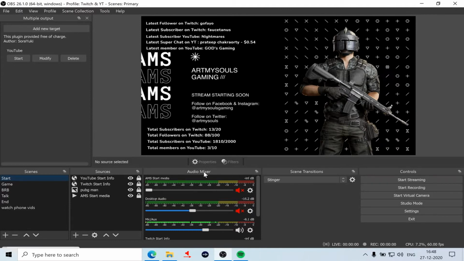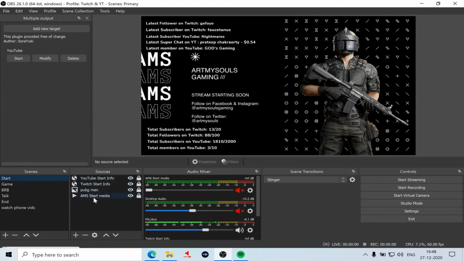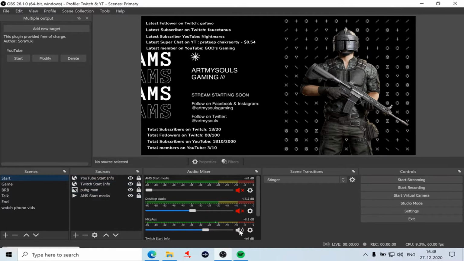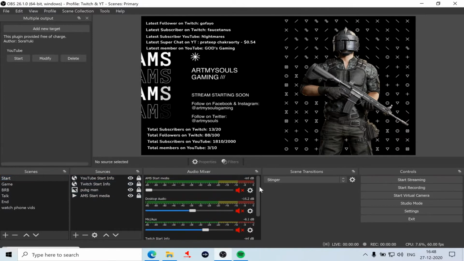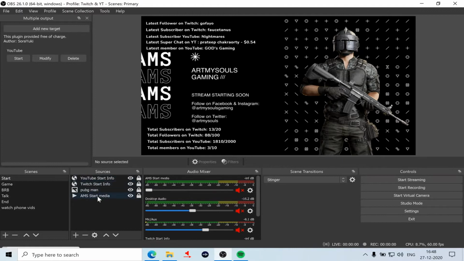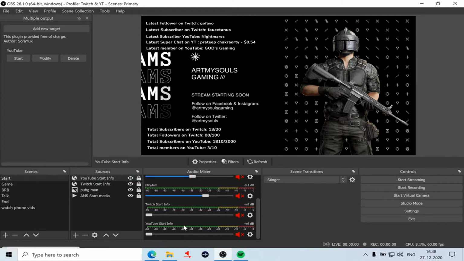As you start adding sources, all the sources which have audio will get added here, right? Right now I don't want the mic. I think I have an audio issue, so I'll have to mute this. No worries. Once I've added this audio, the YouTube start info, you'll see the option for the audio alerts here too.